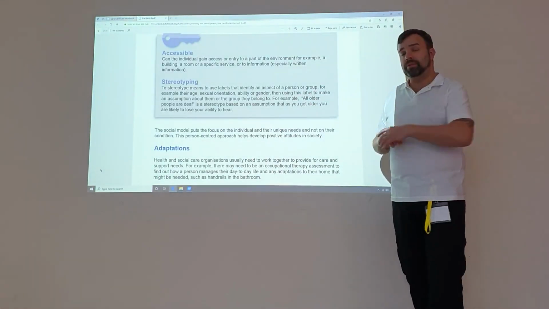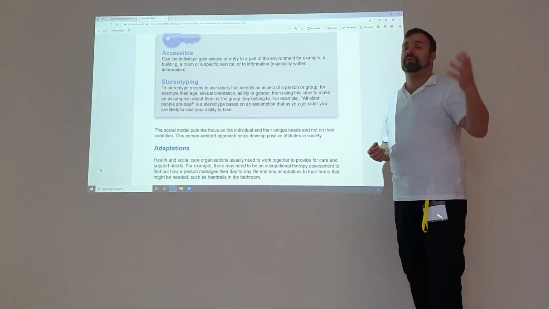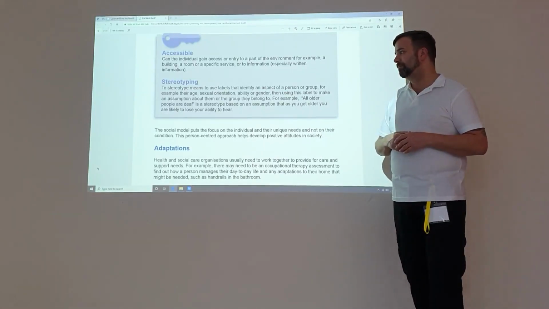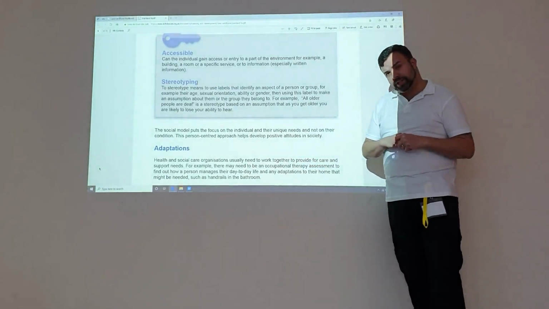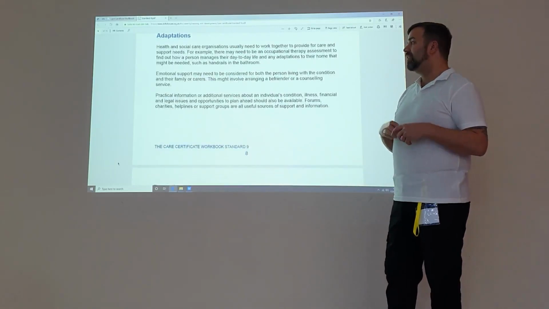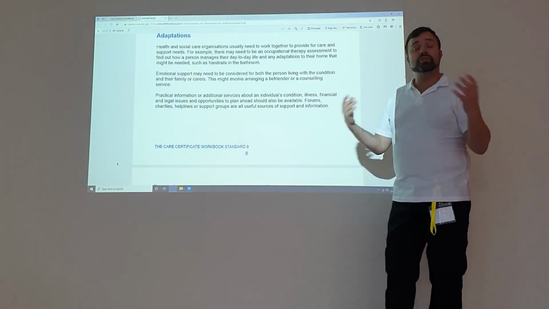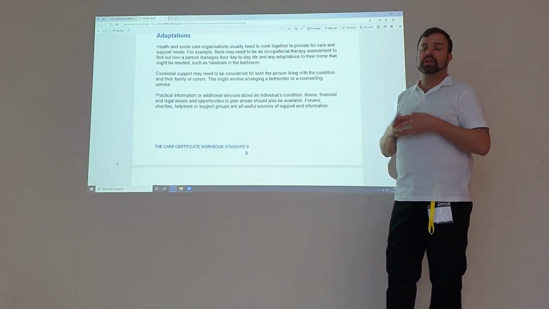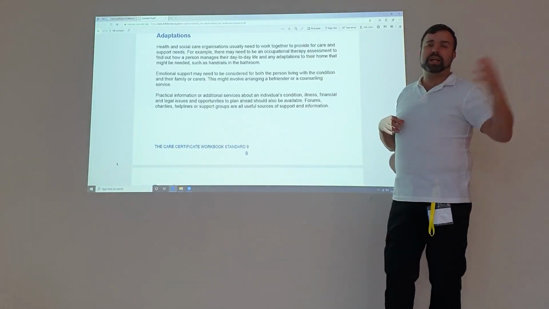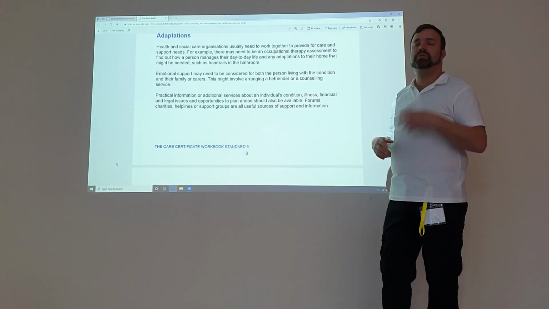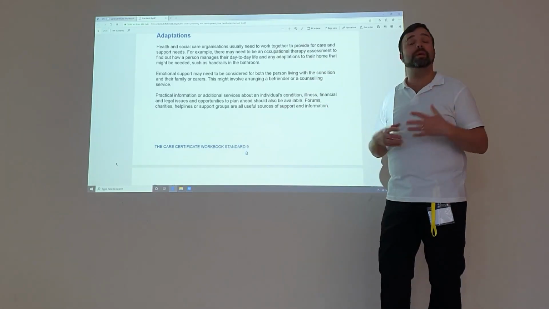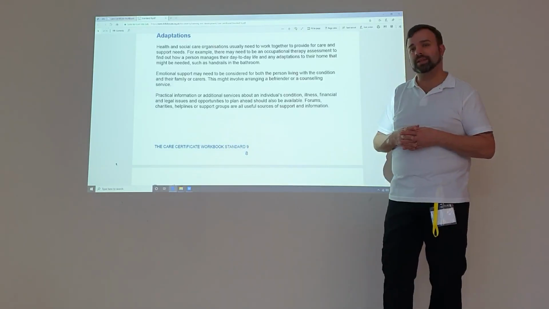For example, people with mental health conditions aren't crazy, and people with learning disabilities are not unable to learn. The law says under the Equality Act that we need to make reasonable adaptations and adjustments. And again, it is what's reasonable. So if we're accessing services and maybe we're taking them to the coffee shop, it's not unreasonable to have handrails or adaptations of equipment in areas for people to be able to thrive and live more independently.